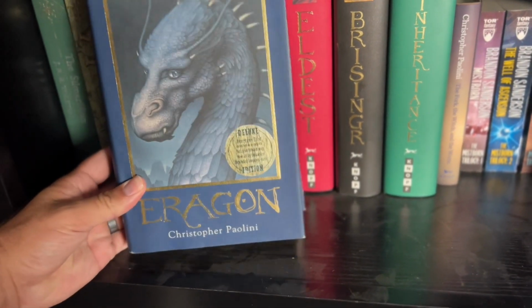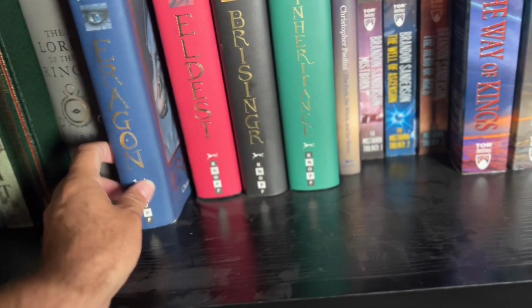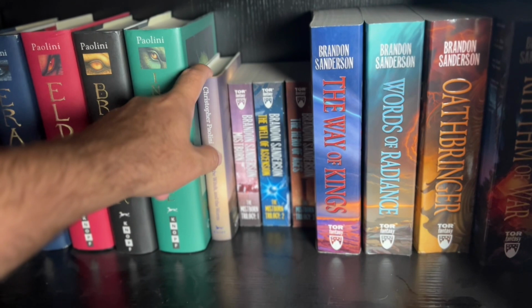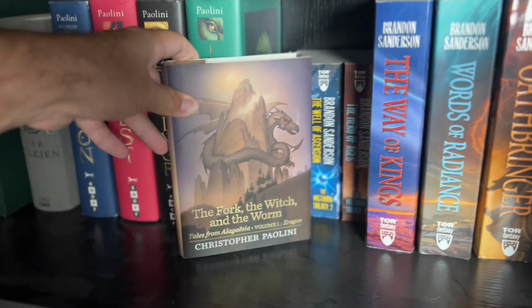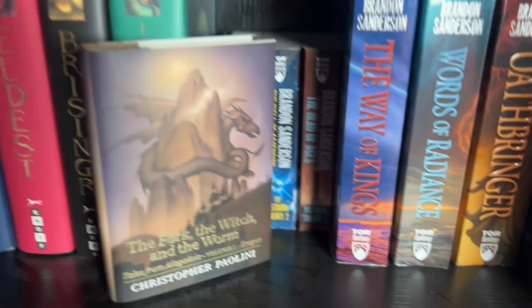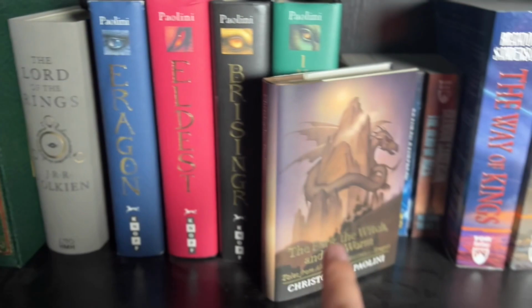This is actually the deluxe version. I think it comes with an extra map or something, but nothing really special about those covers. Got the little short story collection here, The Fork, the Witch, and the Worm, a little novella that he put out a few years ago. Pretty excited for Murtagh, and we've got an illustrated version of Eragon coming out, and then